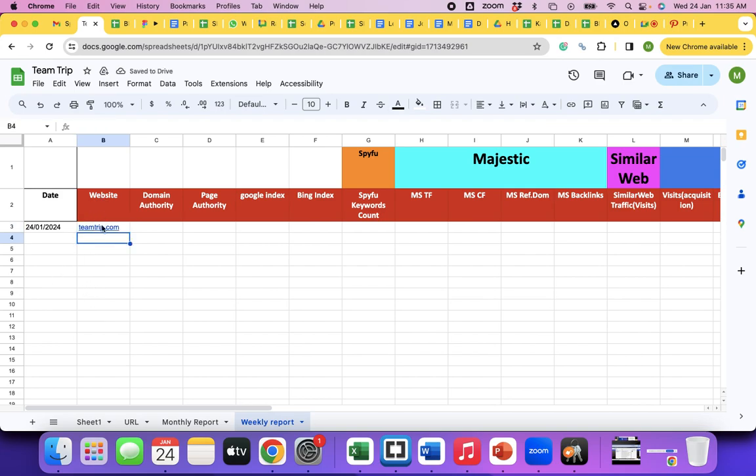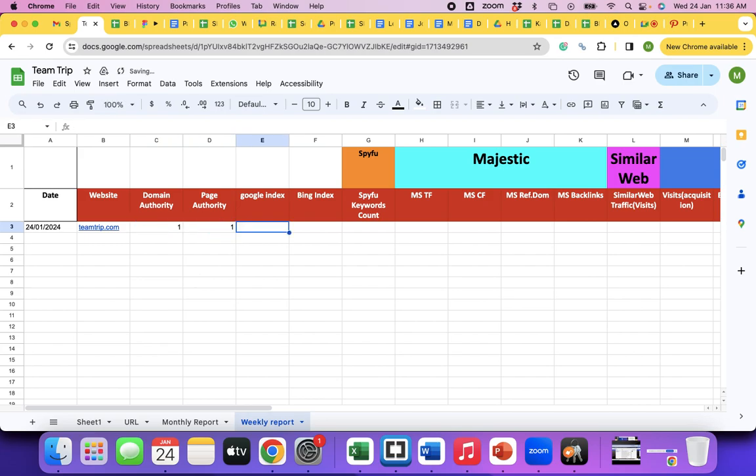The website authority is, so in this we actually measure their competitors as well. That's why there is a column called website, Team Trips competitors, 3 or 4 other competitors. We do a relative study. This will be tracked on a weekly basis. So every week, what's happening with the metrics and what's happening with their competitors as well. Okay, so you all will get access later to work on these kinds of things.